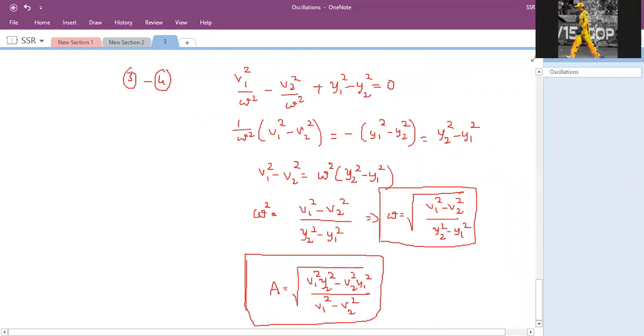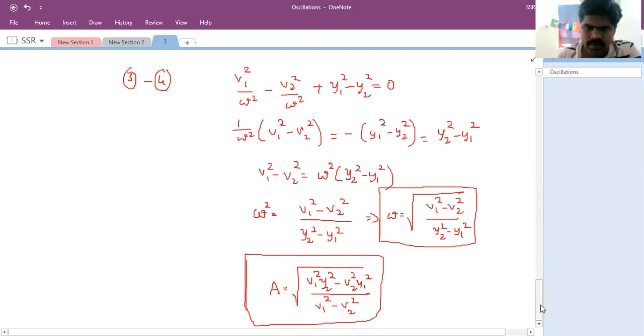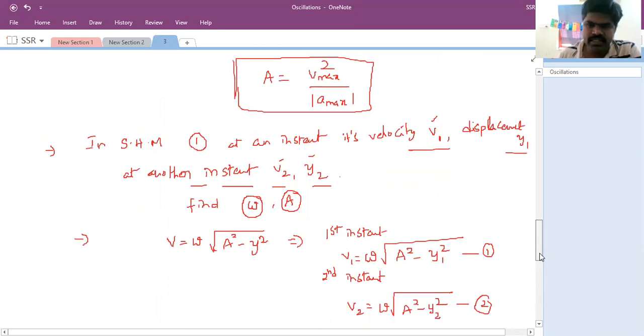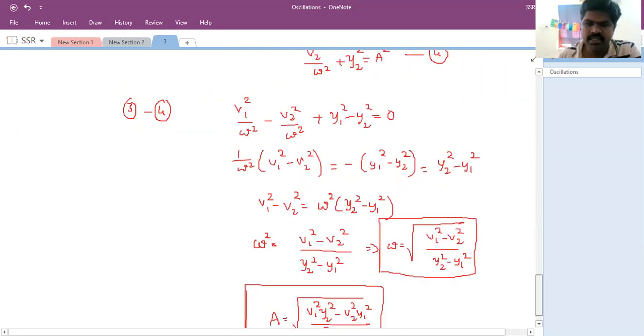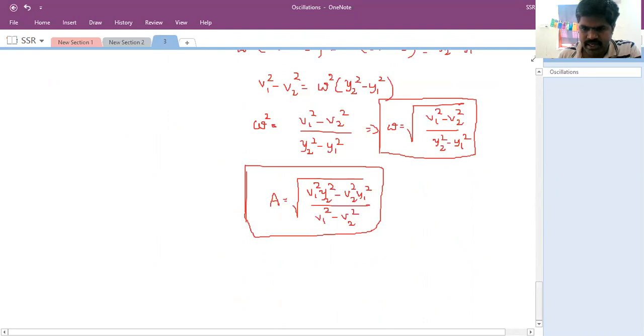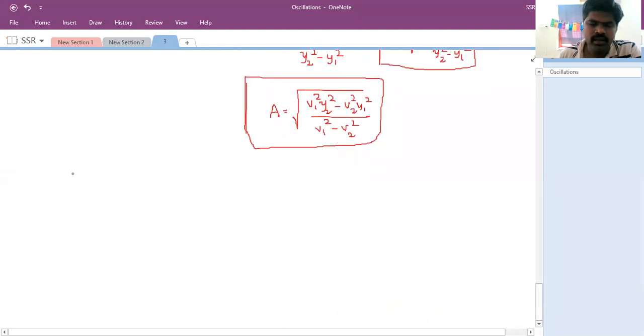Yes, sir. Right. So this is about the application models based on the characteristics of SHM. So next we will go for dynamics of SHM. Up to now we have discussed characteristics. What is the force value in simple harmonic motion? It's the dynamics. Once you say dynamics, we need to understand force. What is the reason behind that? What is the force value?